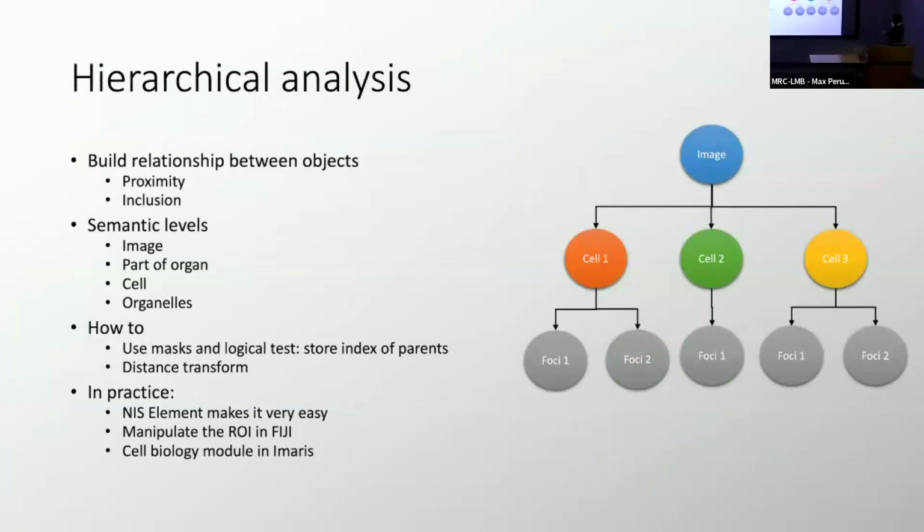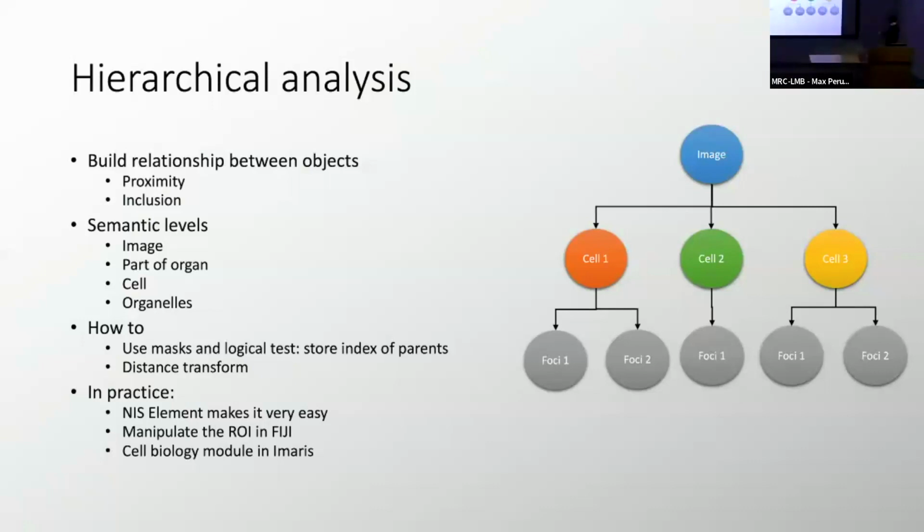You want to assign foci 1 to cell 1, and so on, and count, for example, the number of foci. So you are basically starting to build a kind of semantic level: you have the image, a count of an organ, a cell, some organelles, and you can use math and logical tests